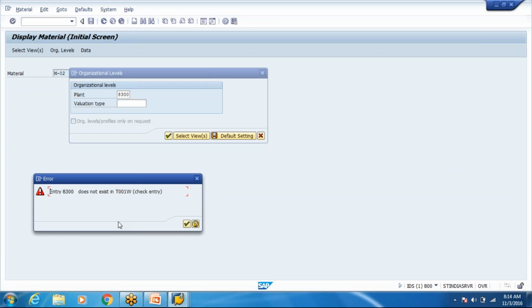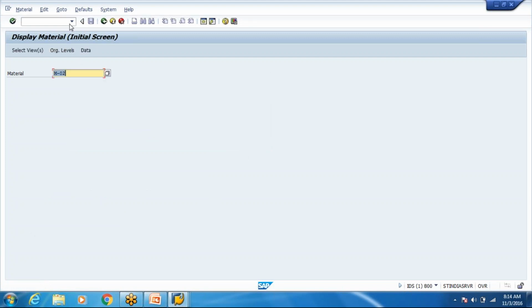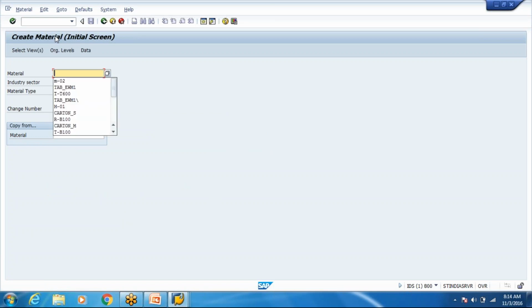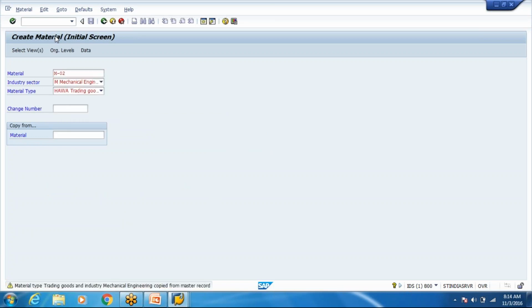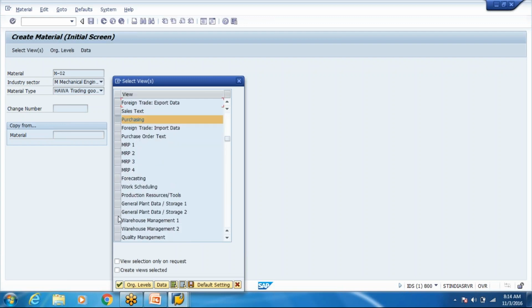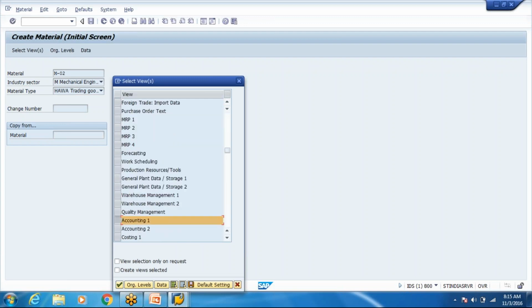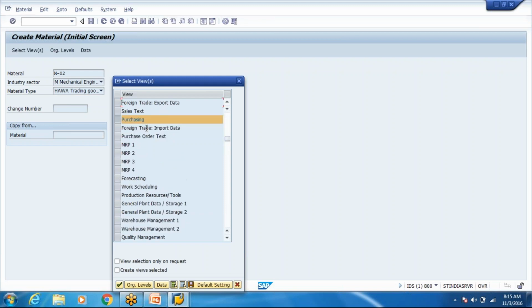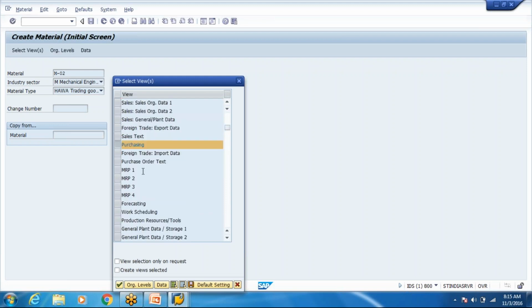So if you see that, you have not extended to your particular plant. What you have to do is create this product again. That is called extending the material to your plant. And you have to extend it to at least the purchasing and accounting views.